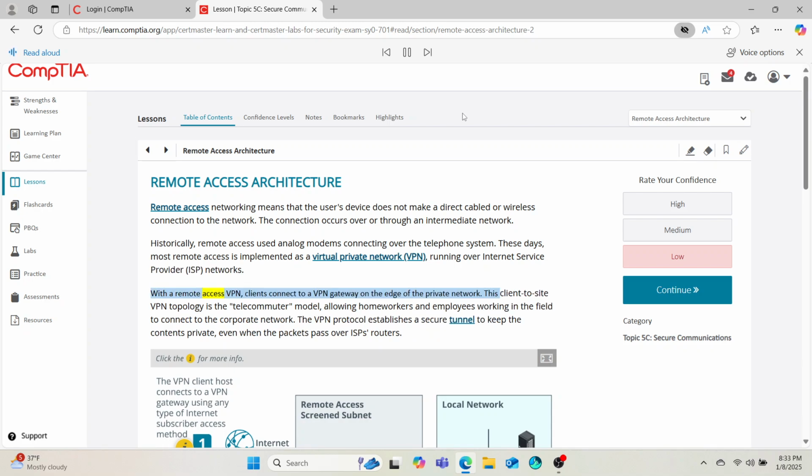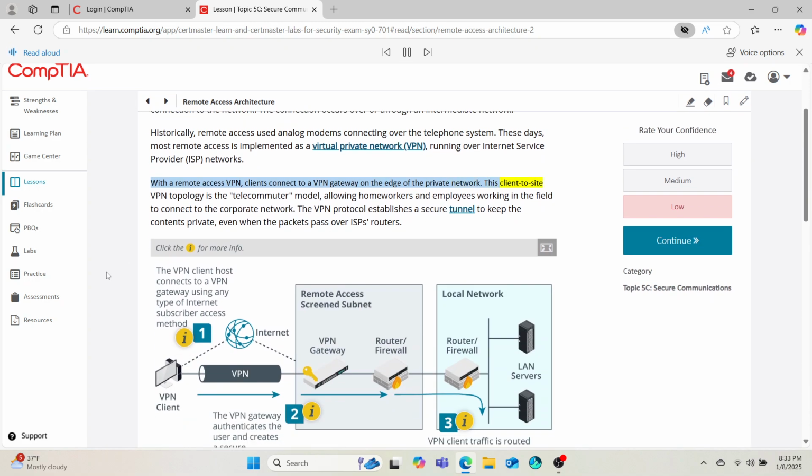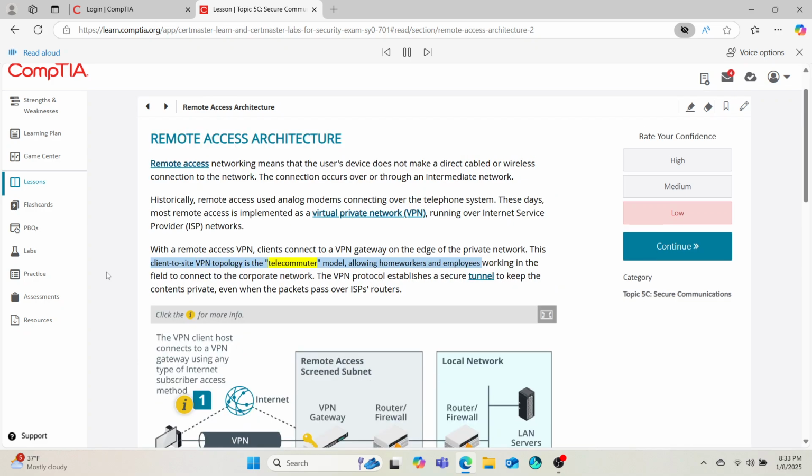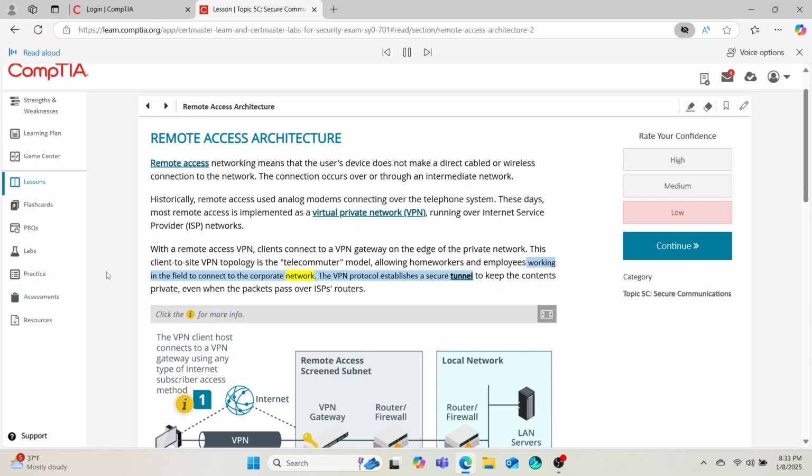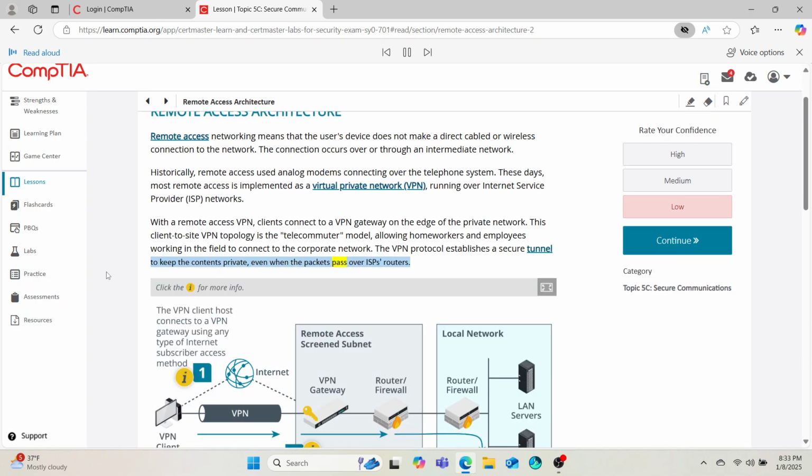With a remote access VPN, clients connect to a VPN gateway on the edge of the private network. This client-to-site VPN topology is the telecommuter model, allowing homeworkers and employees working in the field to connect to the corporate network. The VPN protocol establishes a secure tunnel to keep the contents private, even when the packets pass over